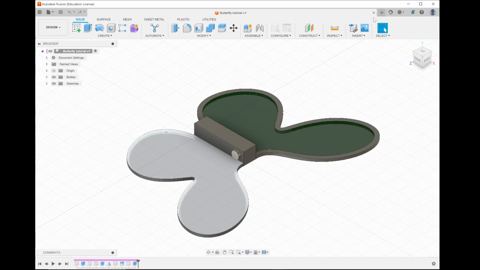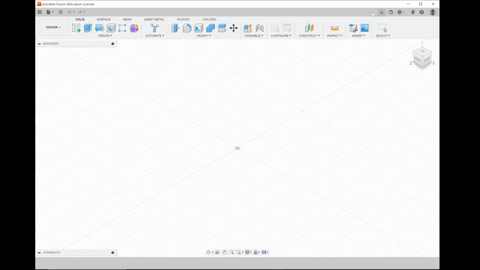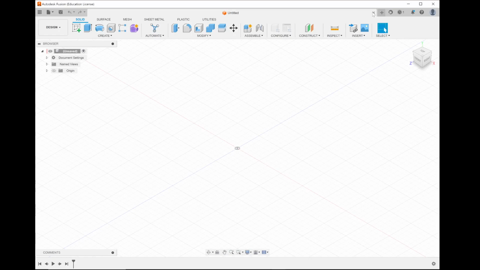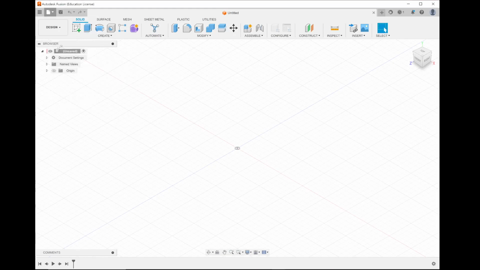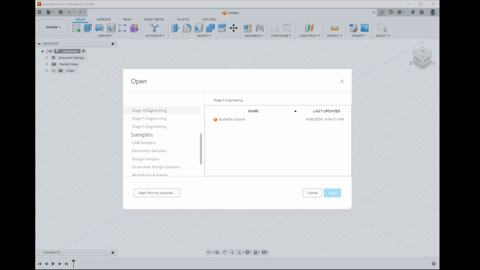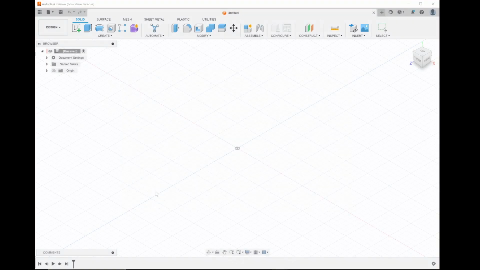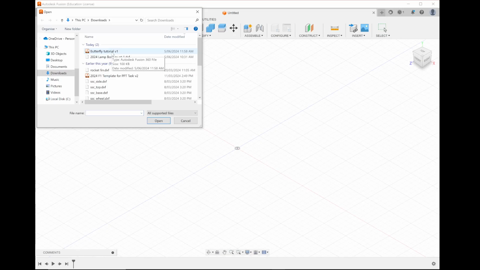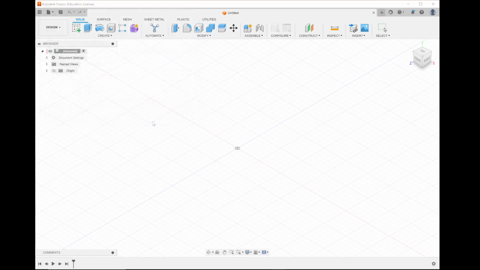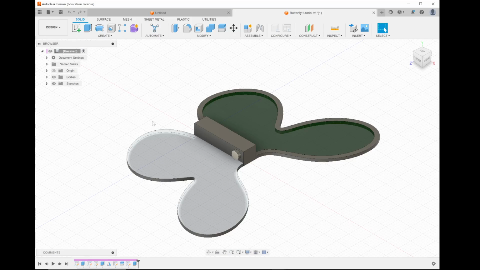So let's pretend, let's close this, and I lost my butterfly, and we want to know how to import that file. So we're going to go to the File in the top left, and we're going to go to Open, and then when we do, open from my computer, and you find whichever location you had it. In mine, it's in my Downloads folder, Butterfly Tutorial V1. So you click that, and you press Open, and then, fingers crossed, you should have the same file that I have right there. All right, now for my students, you can choose to continue with this file,